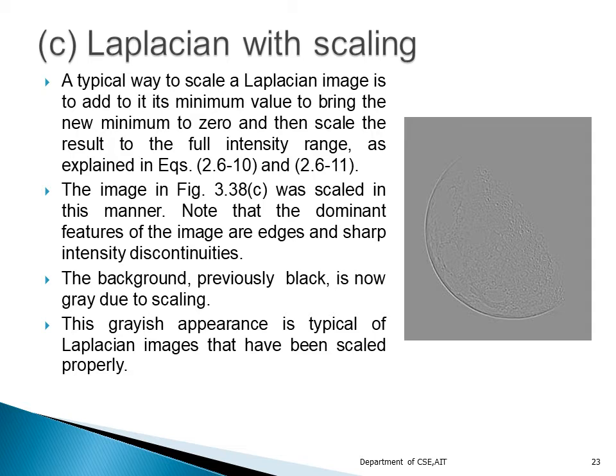In the previous topic we studied how we can scale the result to the full intensity range. So this effect will be seen when we apply the scaling. We are going to make use of scaling here, and what happens is the edges will become sharper, so that the edges are more clear here. Previously we had the black background, now it has changed to grey because of the scaling. The Laplacian image, when it is scaled properly, this is the effect we are going to get. So we are experimenting with different ways of applying the masks on the input and seeing how we get the results.